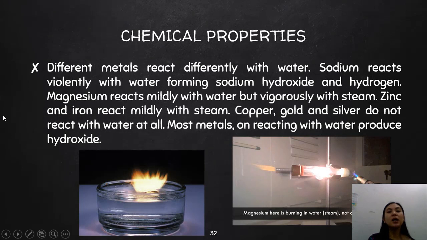So, it says here, different metals react differently with water. Sodium reacts violently with water, forming sodium hydroxide and hydrogen. Magnesium reacts mildly with water but vigorously with steam. Zinc and iron react mildly with steam. Copper and gold and silver do not react with water at all, and most metals on reacting with water produce hydroxide. So very different sila, although they are metals in general, they are very different when we let them react with